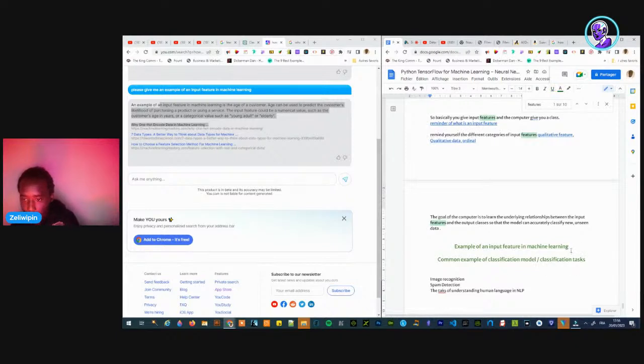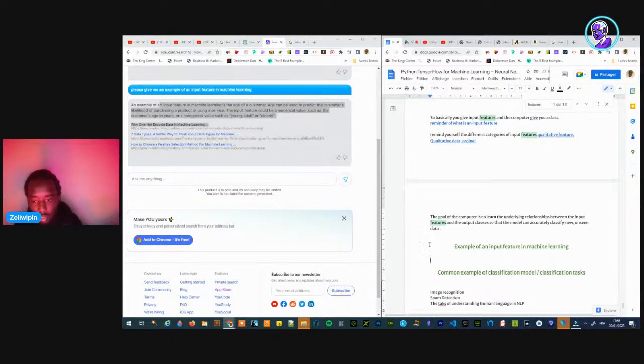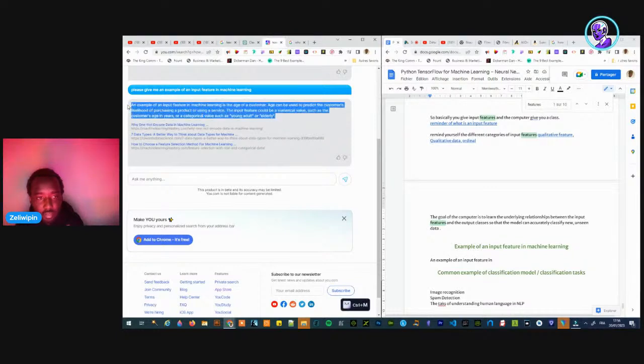An example of an input feature in machine learning is the age of a customer. Age can be used to predict the customer's likelihood of purchasing a product or using a service. The input feature could be a numerical value such as the customer age in years, or a categorical value such as young adult or elderly.